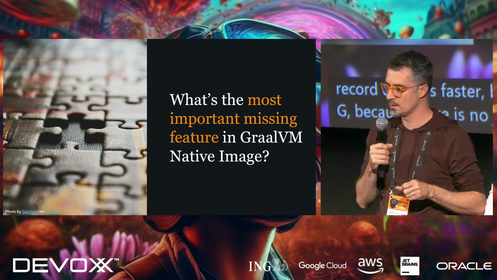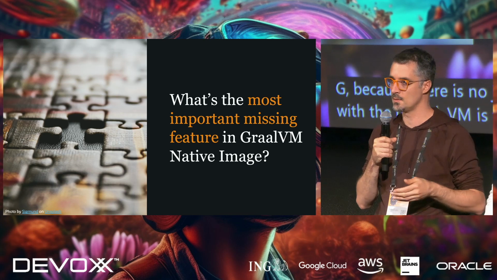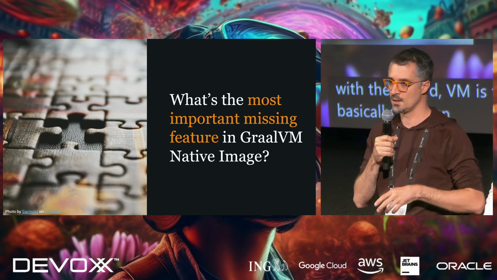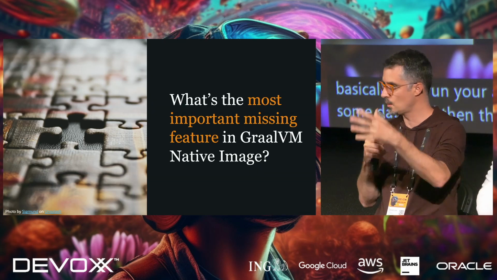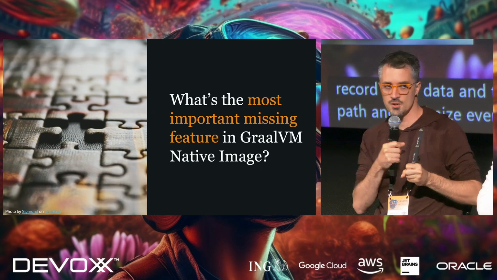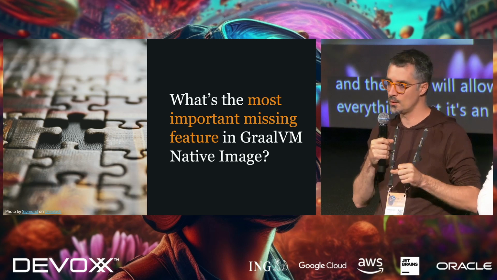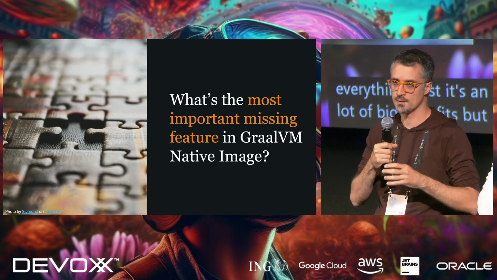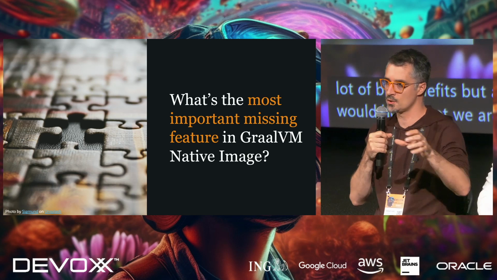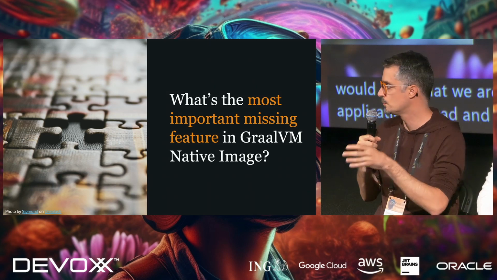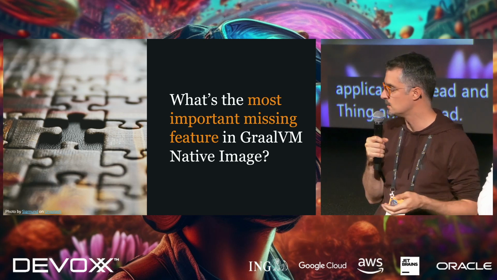And so the recommendation currently with Oracle GraalVM is to use profile-guided optimization. So basically, you run your application with an agent that will record some data, and then that will allow it to know the hot code paths and optimize everything. It's an additional pain, and native image has a lot of big benefits, but also a lot of strong pain points. So I would hope that we are not adding the "let's run your application ahead and get all those profiling data" step, and instead leveraging some R&D work you are doing